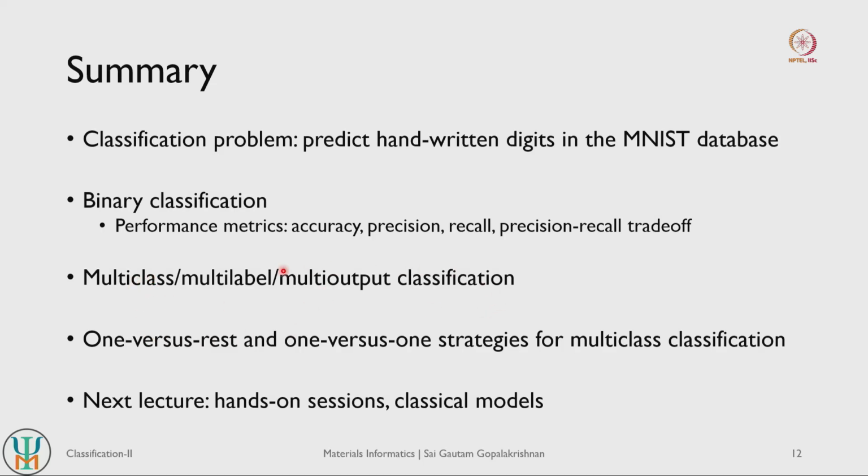So these are all types of classifications that are quite commonly done, and for multi-class classification there are two strategies that are commonly employed, one versus rest and one versus one. Normally we do not have to worry about it because scikit-learn chooses this automatically whenever we do multi-class classification, but it is important to know the trade offs between these two, and there are ways that we can restrict ourselves to either the one versus rest or one versus one strategy.